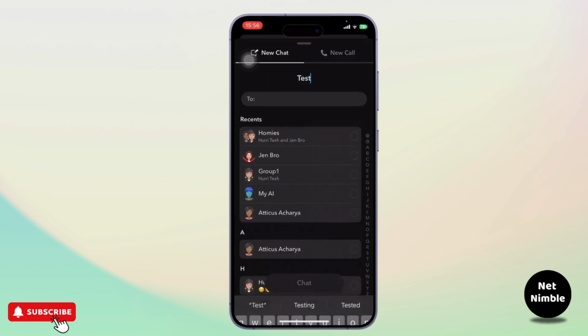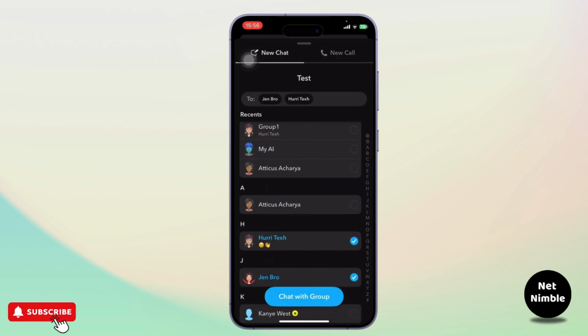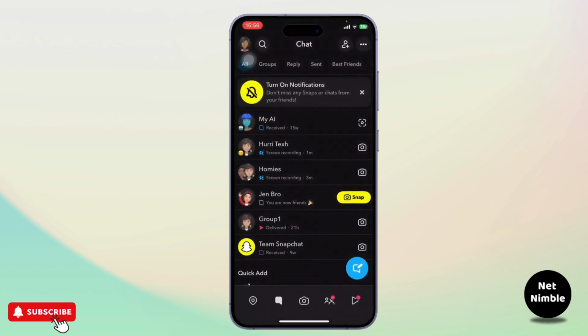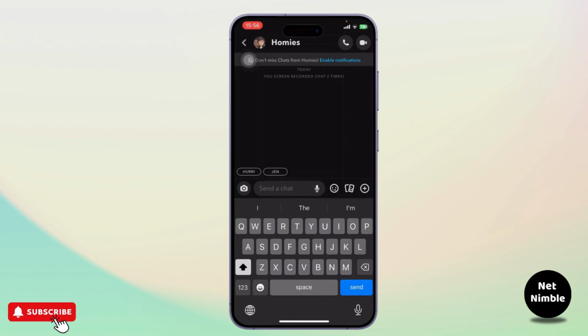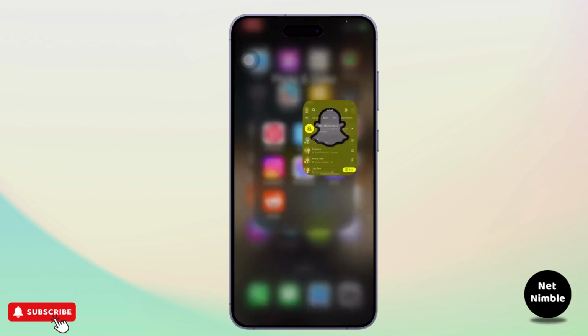So after you name it, just choose the people that you want on this group. So just choose and then tap on chat with group. So after you do that, you'll have created this chat, that is a group chat, and you can talk to